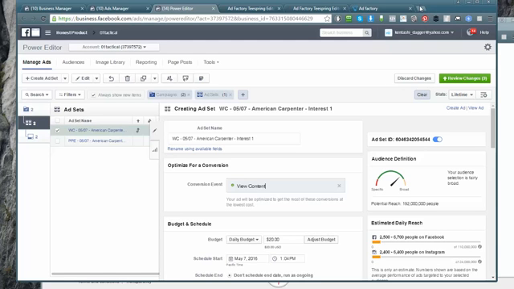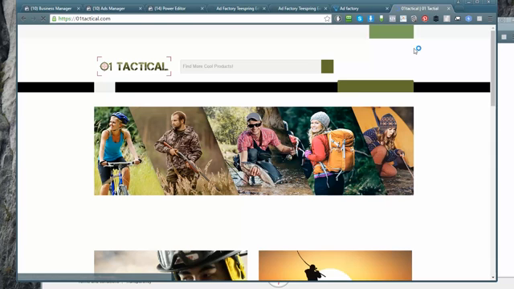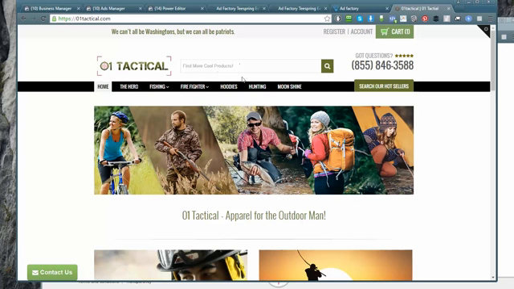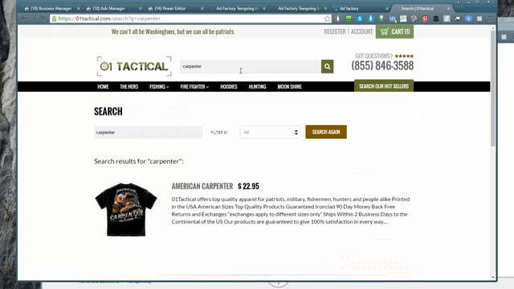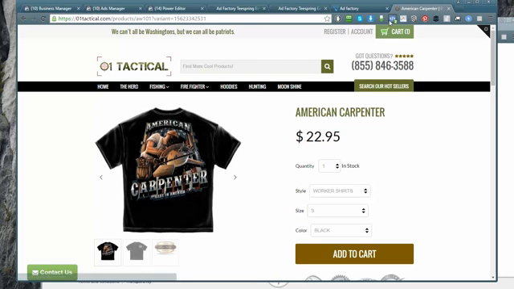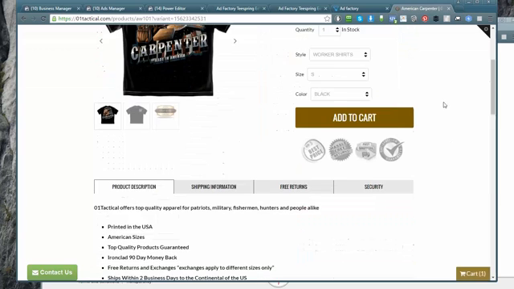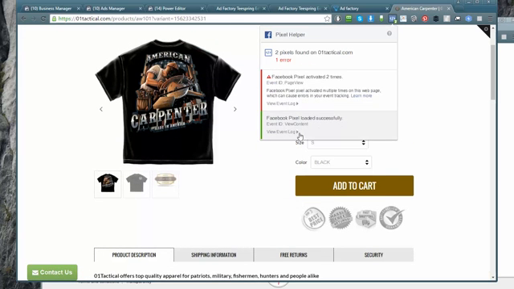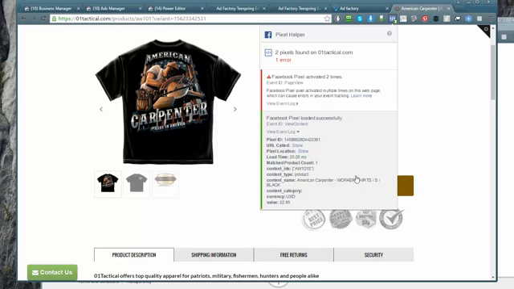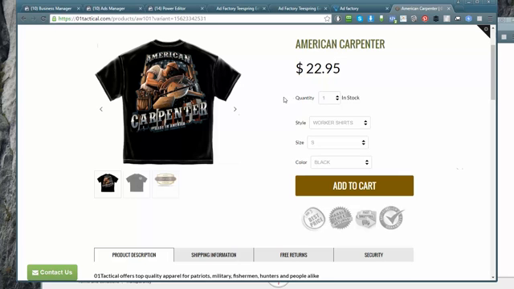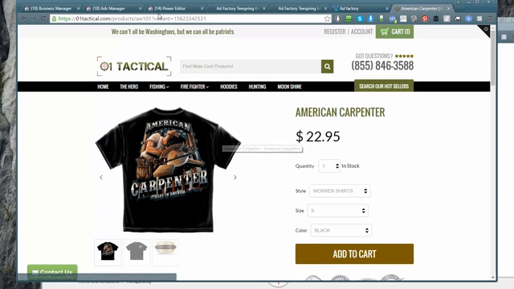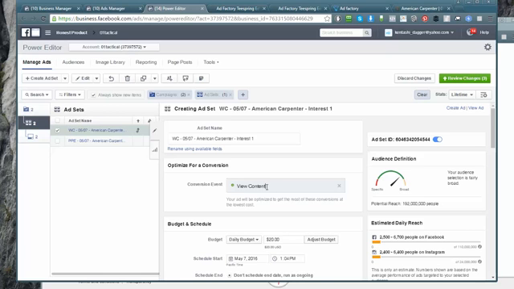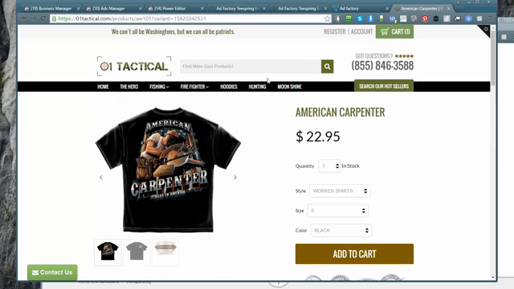For example, 01 Tactical, and we go with our Carpenter t-shirt, and there should be a view content here. Come on, there you go. So you should see a view content, right? And you're actually telling Facebook right now that, hey Facebook, this is my view content and I'm viewing this product right now. And then Facebook actually starts collecting data to know your core customers for this product,